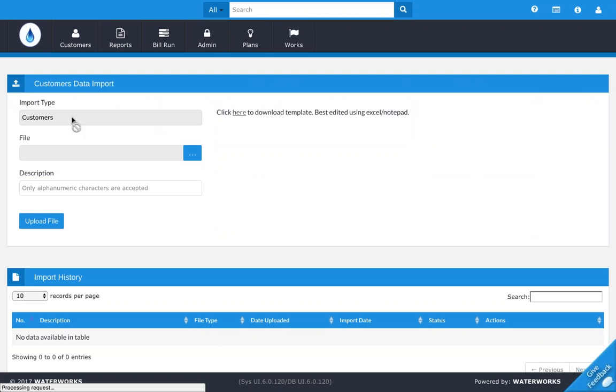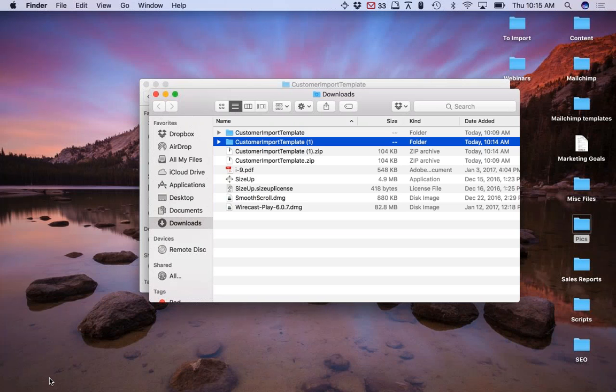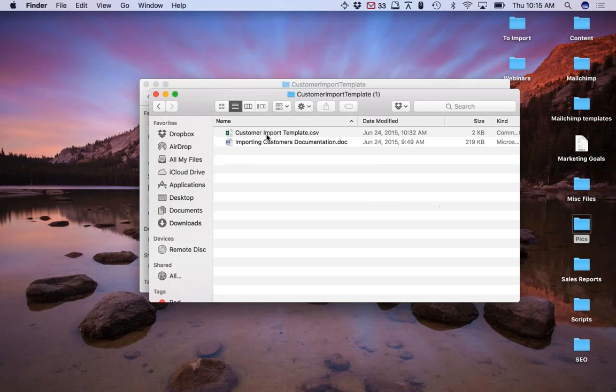So this opens up a page. As you can see, you're going to upload a file. But first, you want to click a template here to download. So once you do this, you'll download a zip file, which you're going to click to open up. So this is just a template, and as you open it, you'll see we've got a Word doc as well